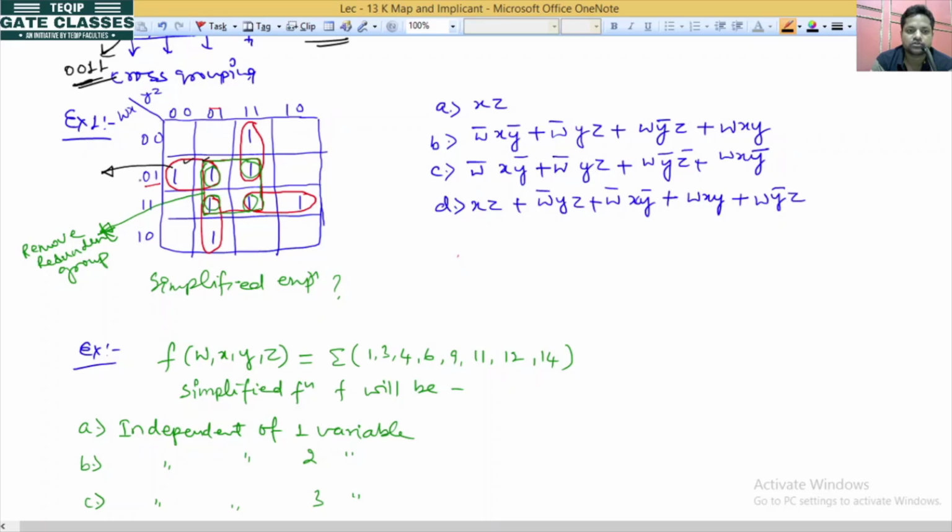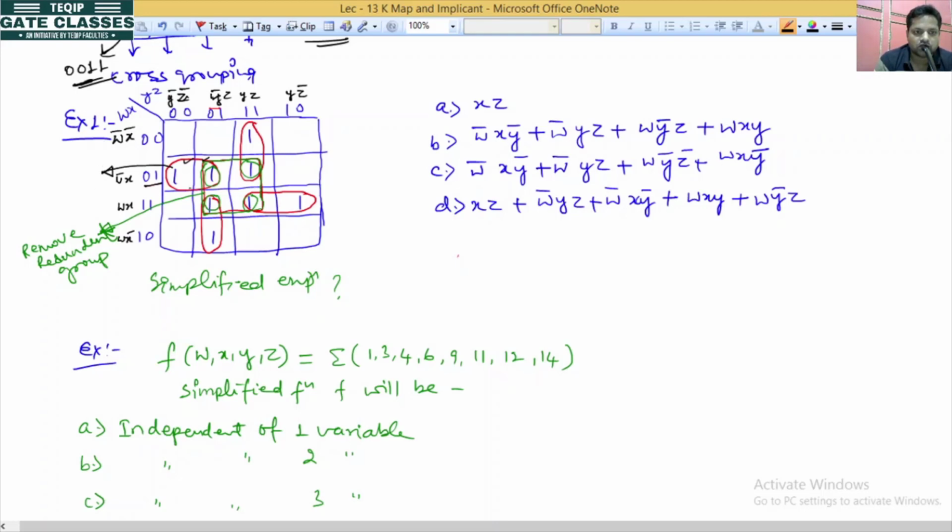Common in rows, we take literals, those are common in this row and these two columns from which this group is created. Okay? So here, what is the value of this? It will be w bar x bar, w bar x, wx, wx bar. Similarly it is y bar z bar, this one is y bar z, yz, and this one is yz bar. Okay?